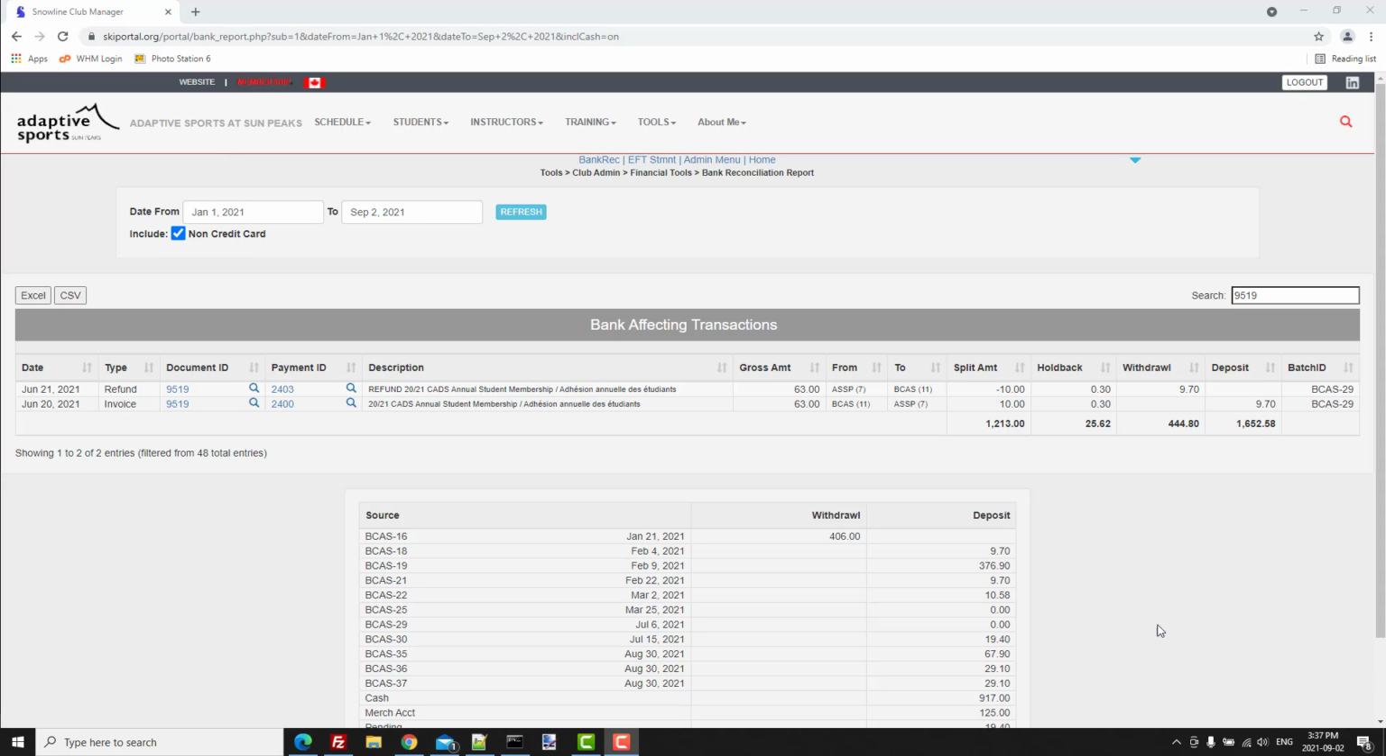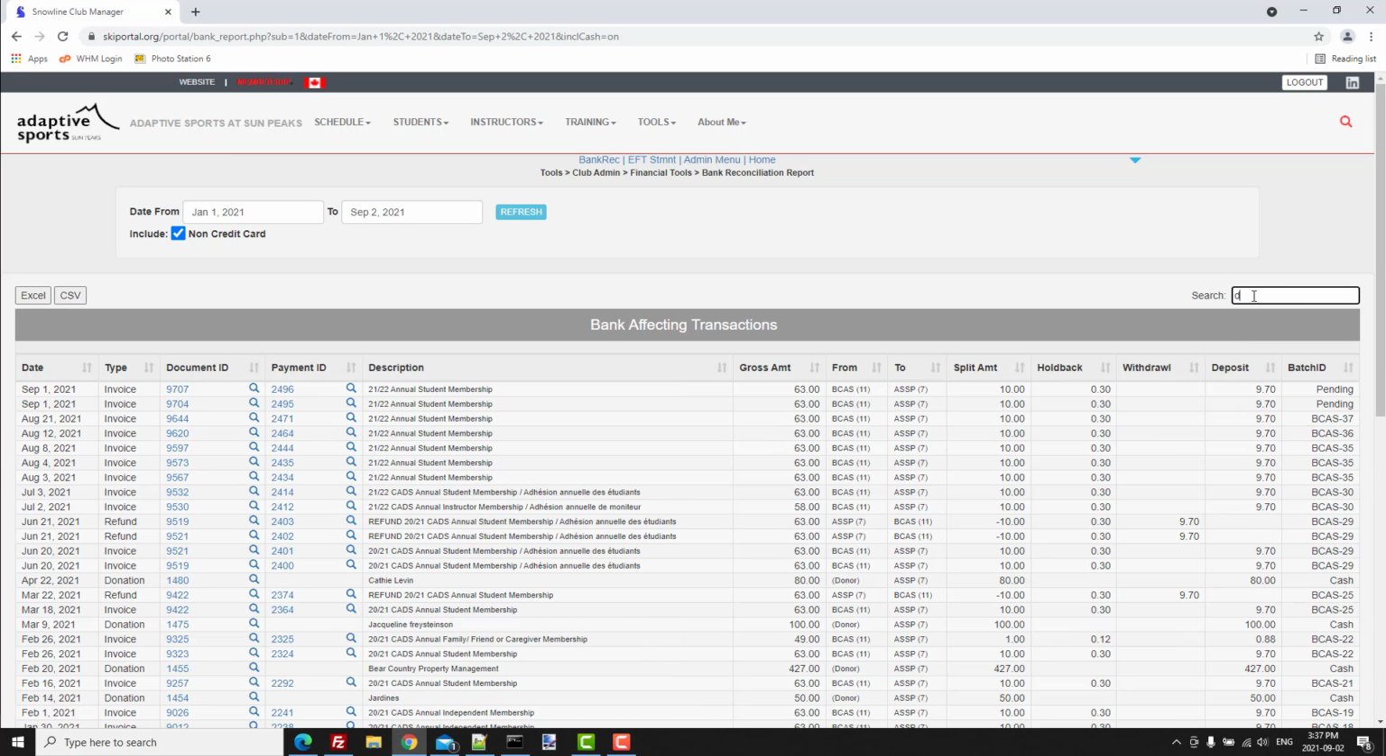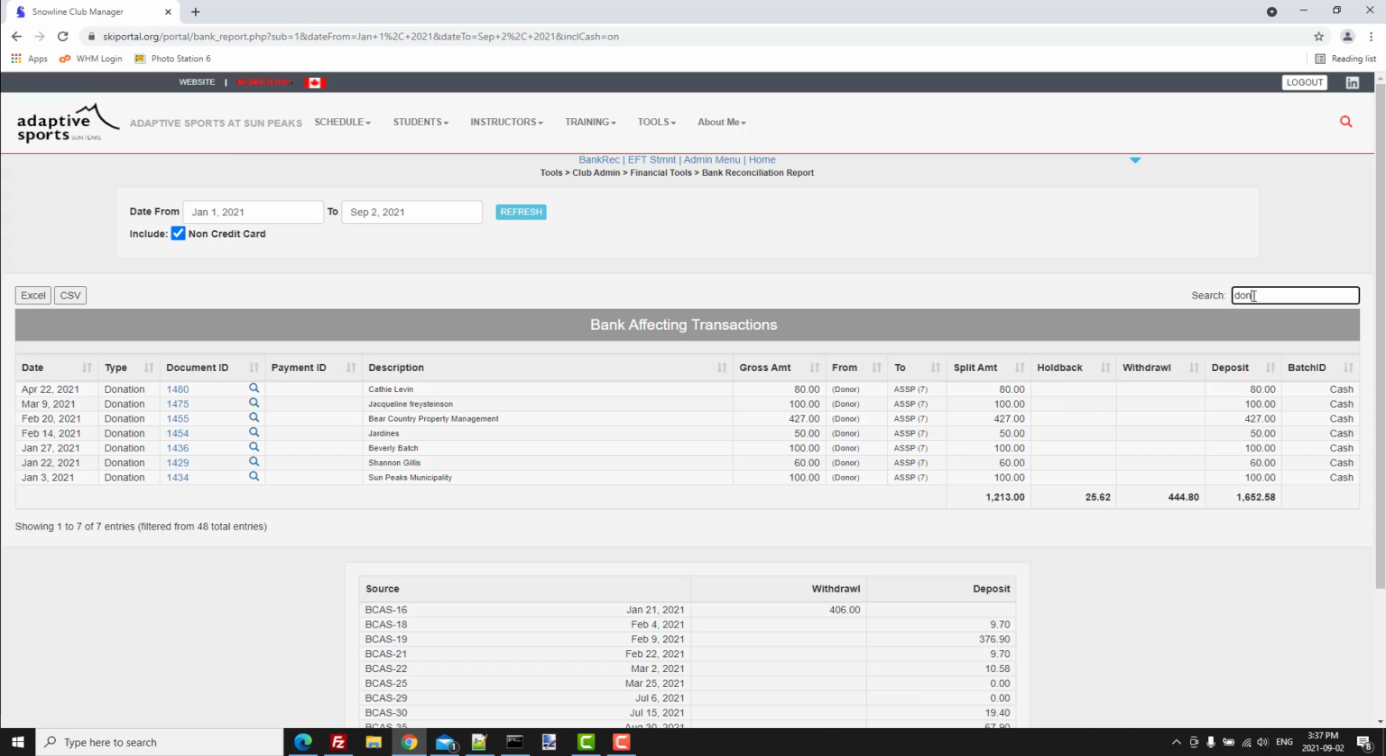Okay, let's have a look at donations. There's two types of donations. They can be made at the time when somebody pays. In other words, that's a member making a donation, or it can be someone from the general public. And the way you know which is which, this is a non-member donation. There's no payment. It's just a straight donation coming in. And here we have, it's from the donor